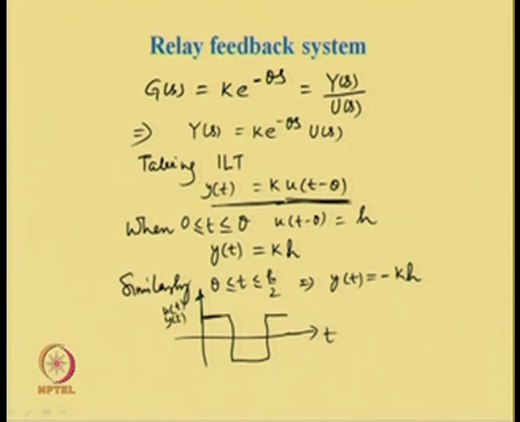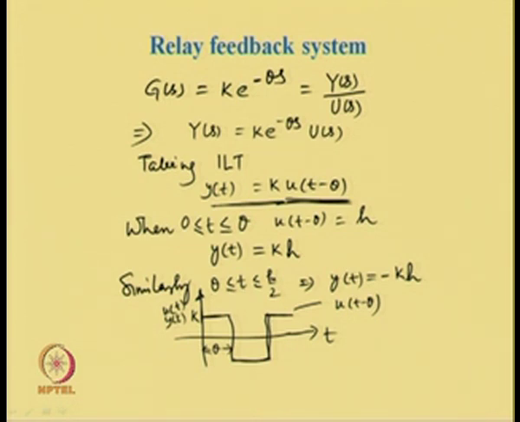So, when u(t minus theta) is of this form, going from positive to negative again for duration theta or so, that I will not discuss for the time being. So, when u(t minus theta) is equal to positive h, at that time the output y(t) is equal to k h. Therefore, this will be the k,